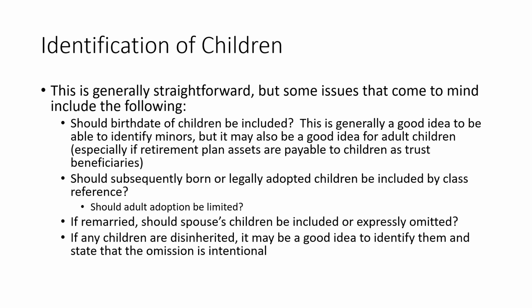You also need to keep in mind too that adult adoption is a thing, and it's something that can be used for fraudulent purposes, where maybe an adult befriends an elderly person and convinces the elderly person to adopt them for purposes of inclusion in the estate. And if that happens, then that should be cut off as well, maybe in the statement of family, but more often in a separate provision that defines adoption and when it is actually valid.